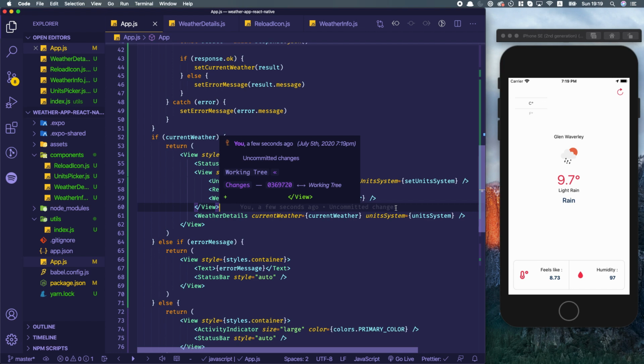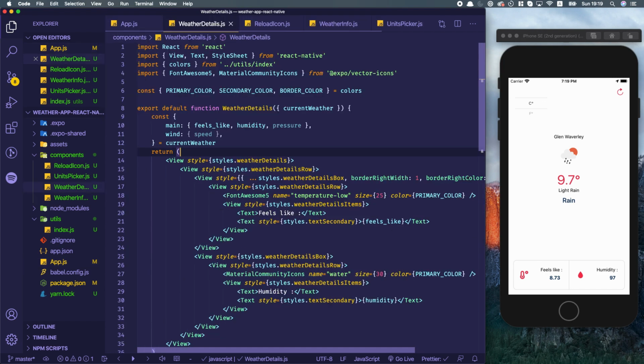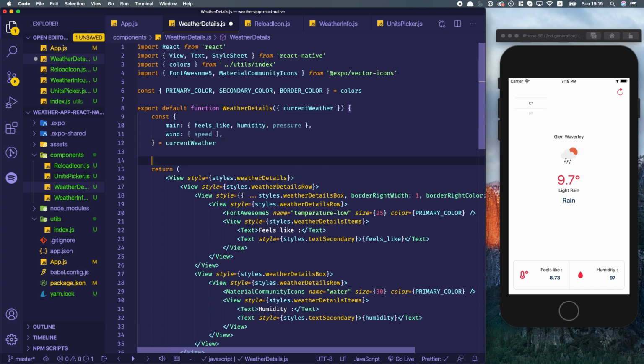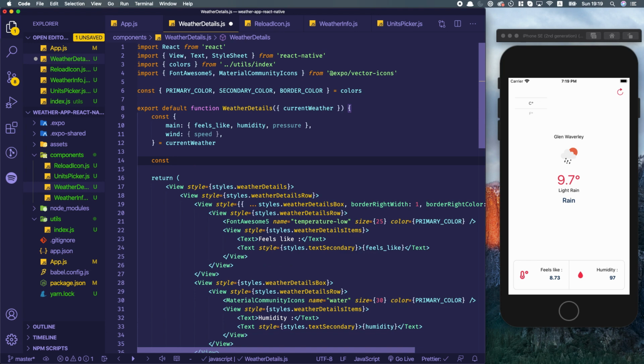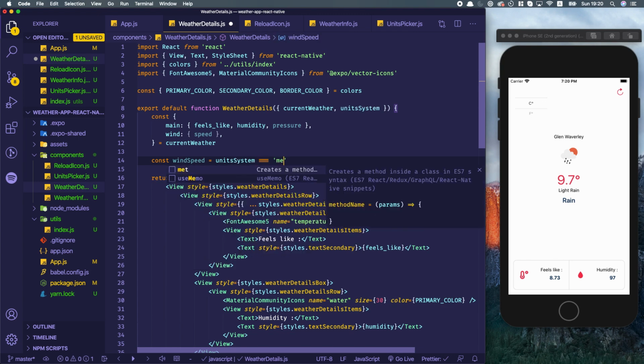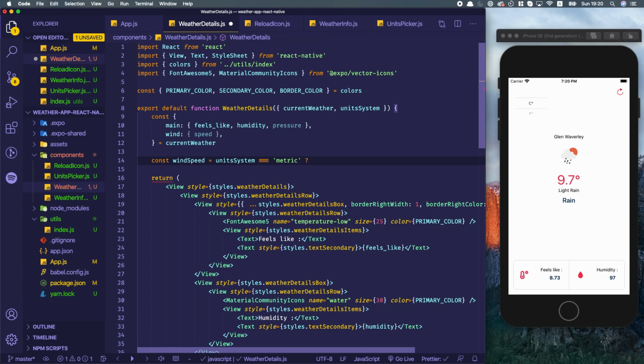So we have the unit system in the component, and what we are going to do is say, depending on the unit system, we are going to change the label. So I can say wind speed equals, and we need to read this from the properties. So this is right here, units system. If the units system equals metric, we are going to display